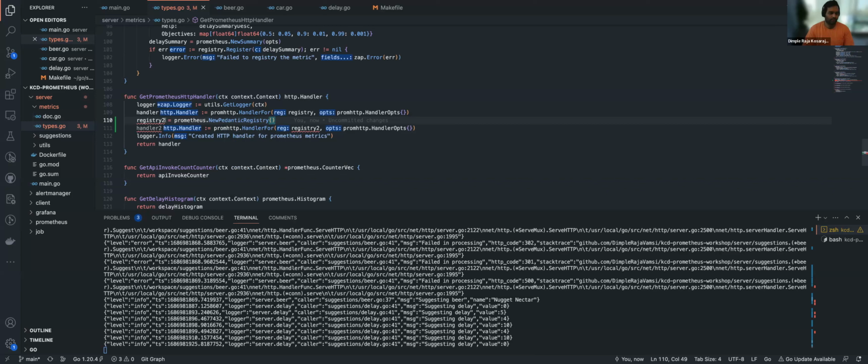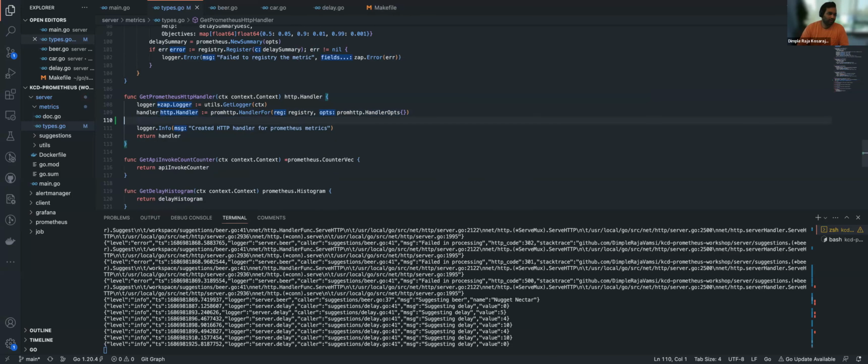You are just creating a new pedantic registry. So now any development metrics that are going on, I can just register those development metrics with this. This is what I have done for the default